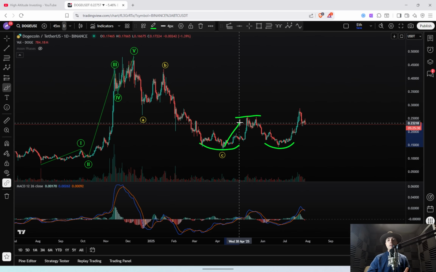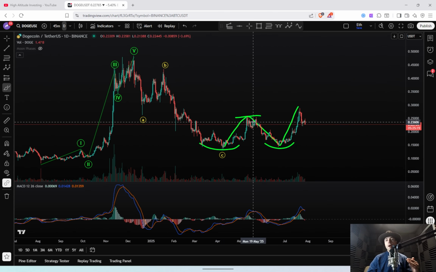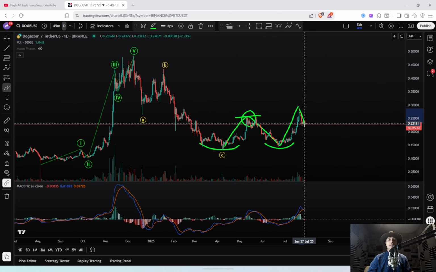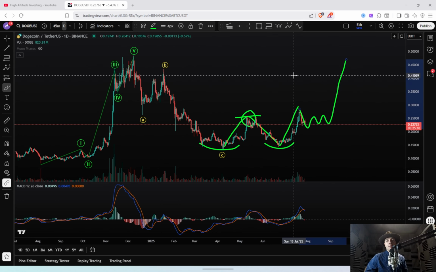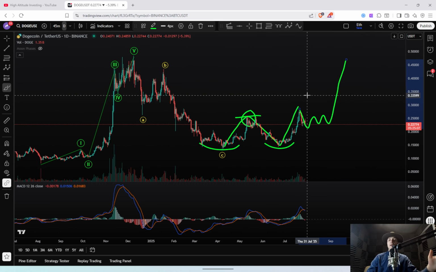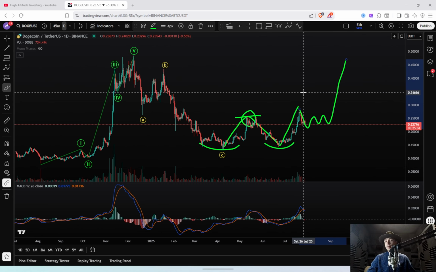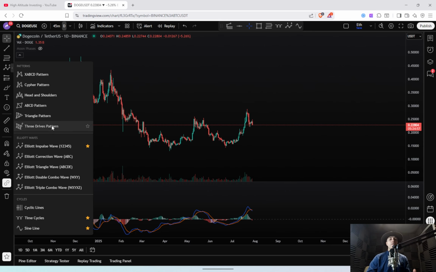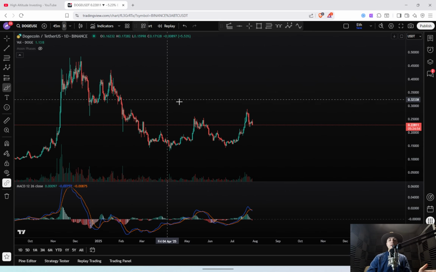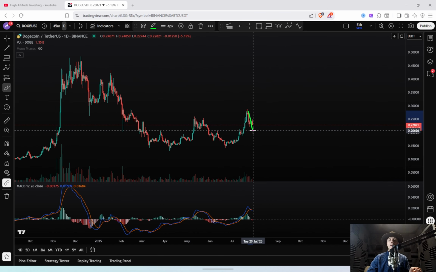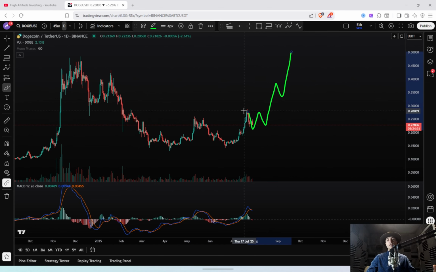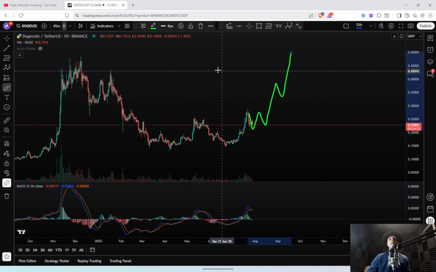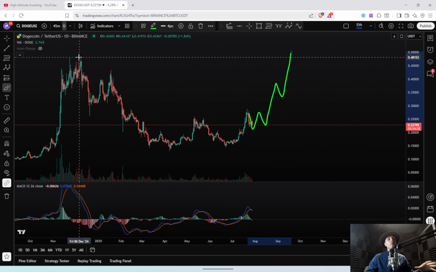So it's super common in the market if you have a double bottom pattern for price to break out up above the neckline and then come back down onto support, reaccumulate, and then go higher after that. And that's exactly what we see happening here with Dogecoin on the daily candlesticks. So what I believe is coming here for Dogecoin is a reaccumulation and further upside on the smaller time frame. So we're going to start to accumulate like that and then break out again up through resistance and go higher here on the smaller time frame and eventually break above our local high that we formed in December of 2024